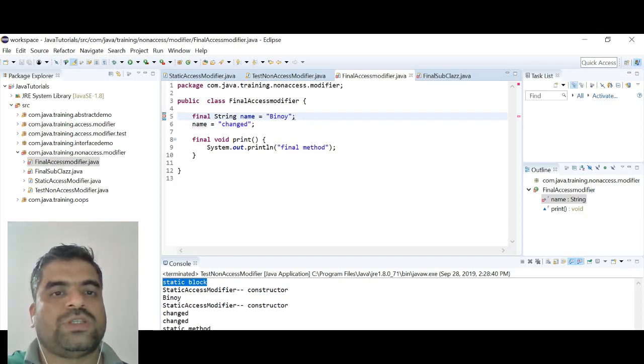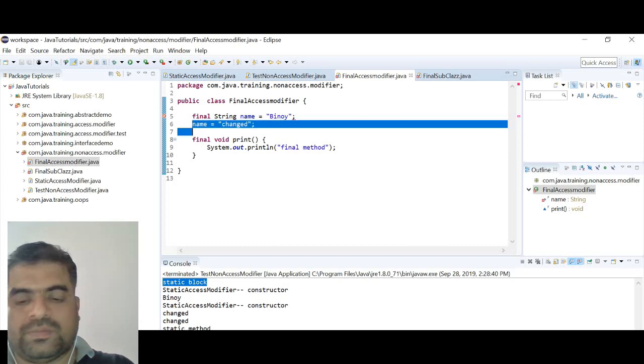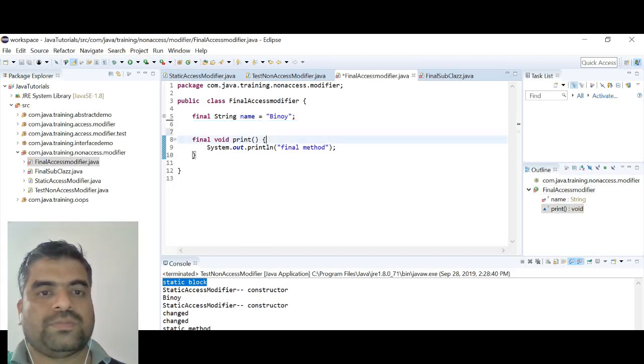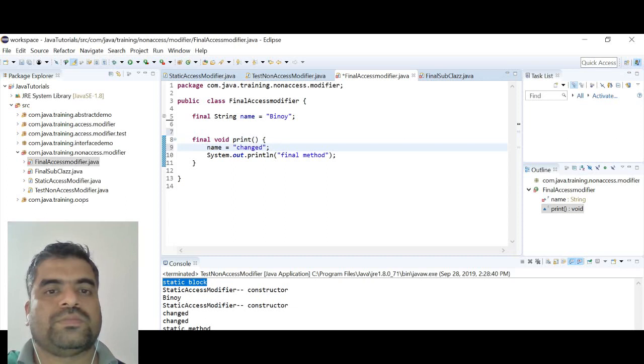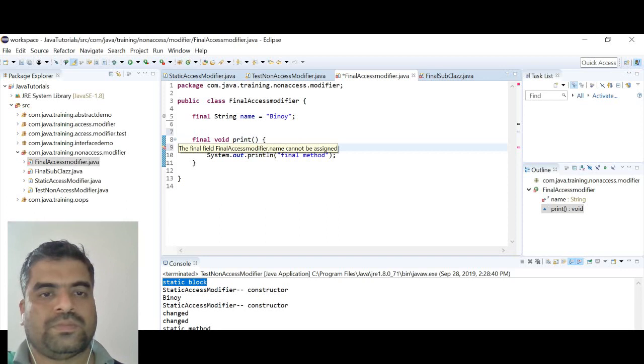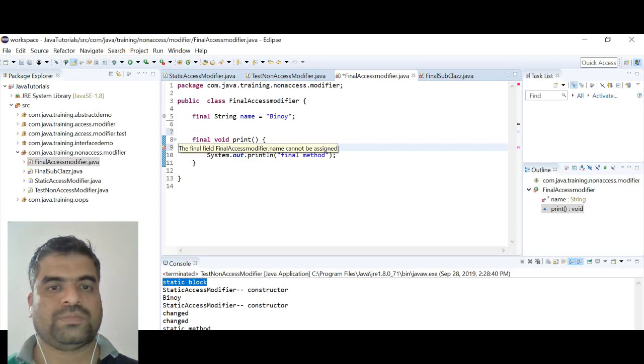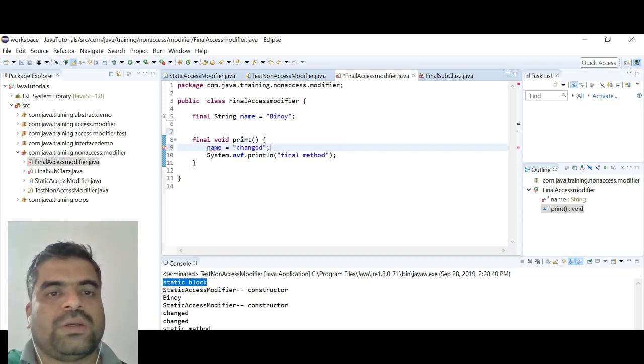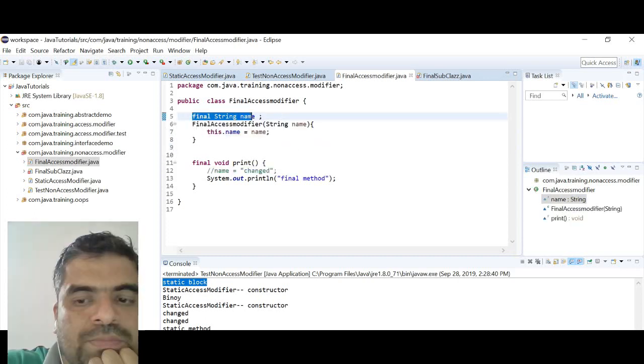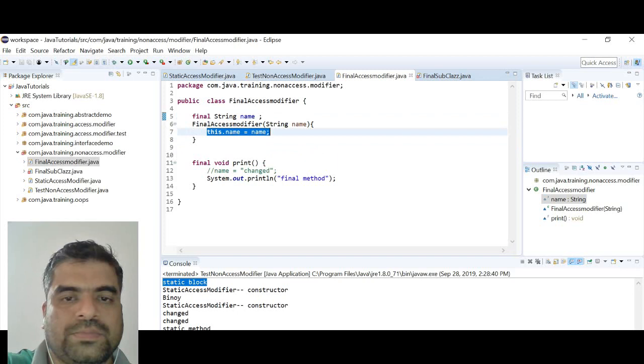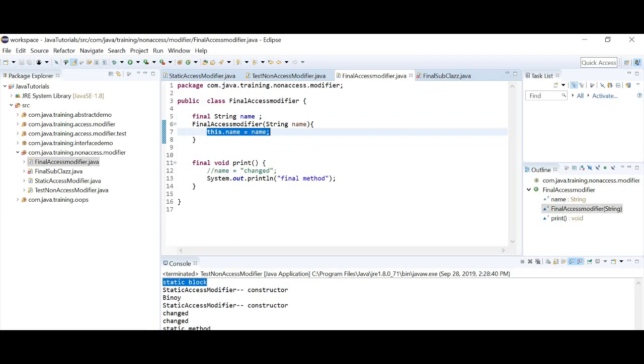It says that it cannot be assigned. The final field cannot be assigned, correct? And then what is the use of the abstract? So abstract, we are going to